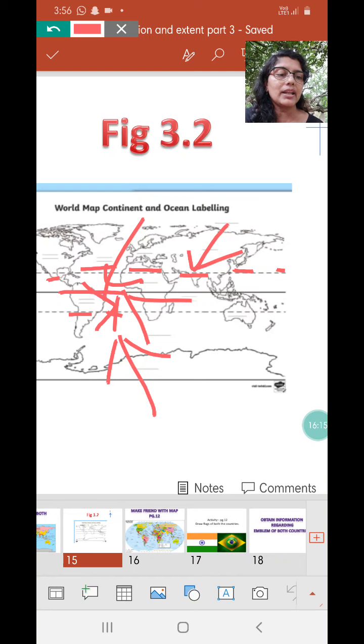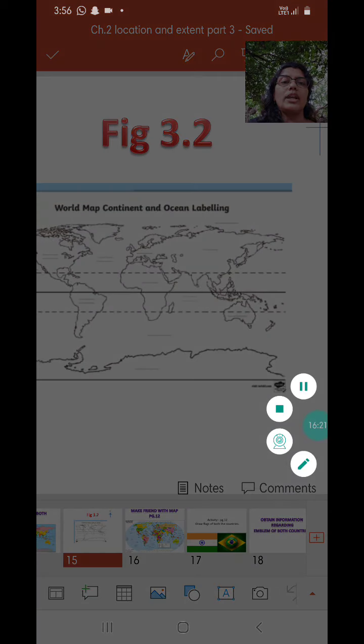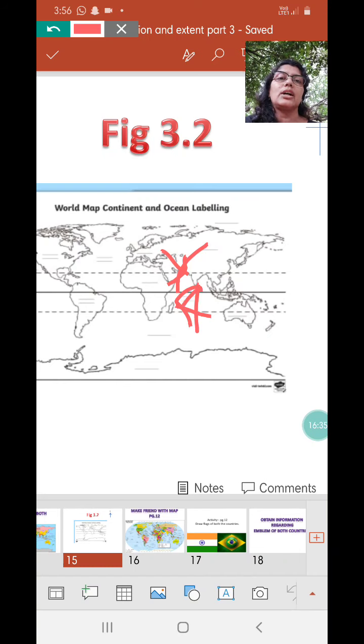Pakistan is a neighboring country to the southeast of India. So talking about India, Pakistan is situated here, on this side. So this is southwest. So they have given us Pakistan is a neighboring country to the southeast, which is a wrong answer. It's not southeast, it is southwest. North and west. Northwest of India.